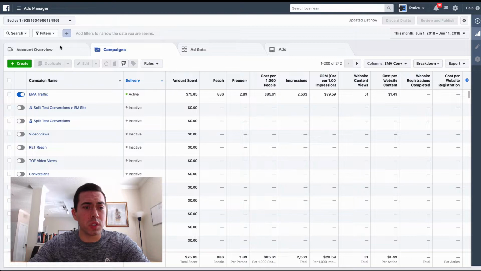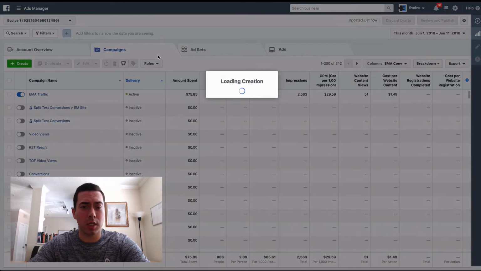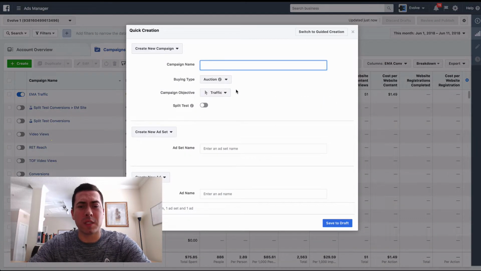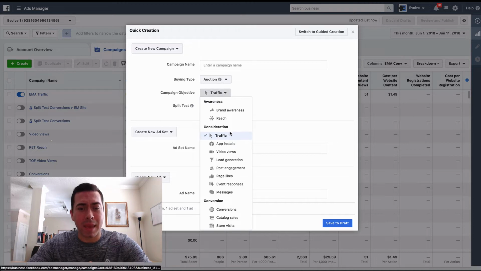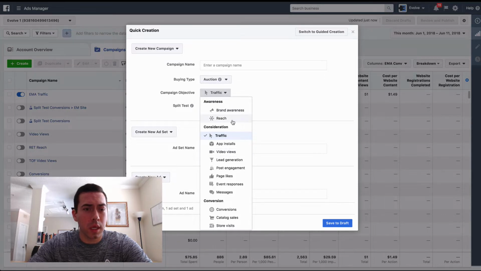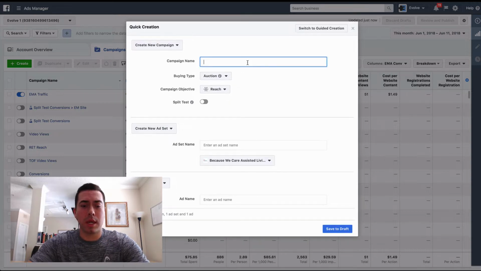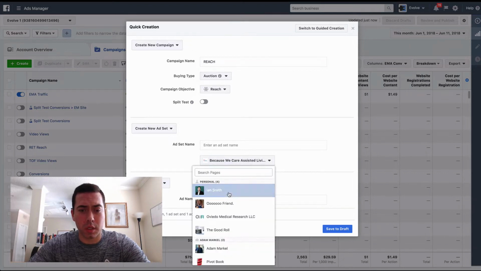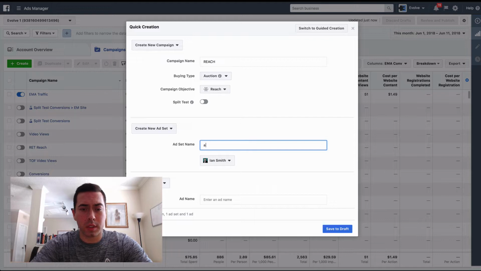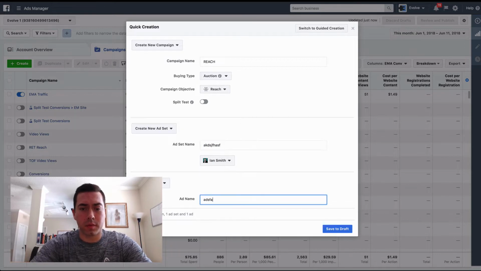So first, what you do is you create a reach campaign. Now, the weird thing about Facebook is that the different campaign objectives offer different buttons on the actual ad level. So you go into the creation of the actual campaign, you hit reach, and we're just going to call it reach. And you select your page. I'm just going to name it random stuff for the purposes of this video. So we got reach,